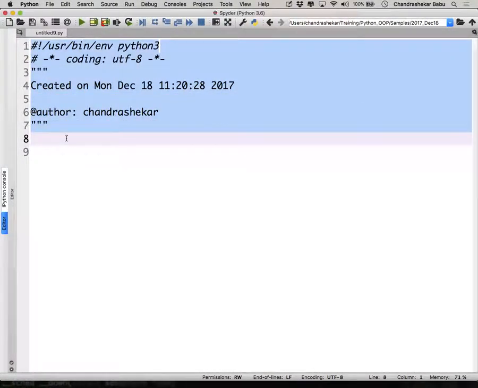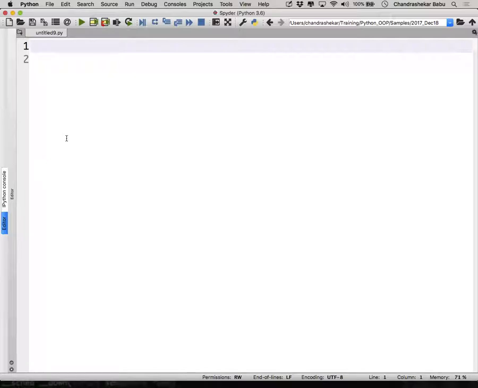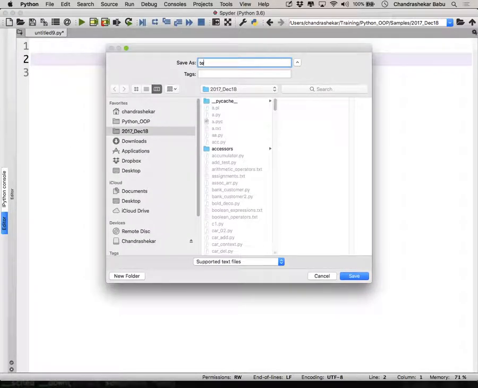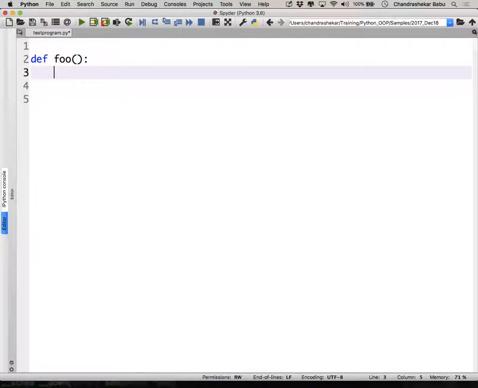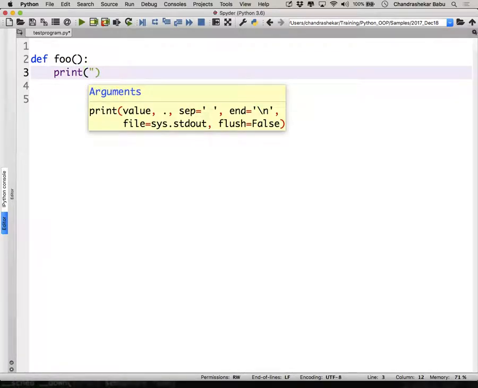Modules also act as namespaces. I guess you know that. Suppose I save this file as test program.py, and in here I'll define a function called foo. In this function I'll say print foo called under __name__.